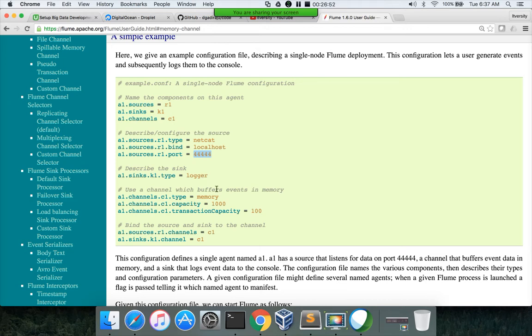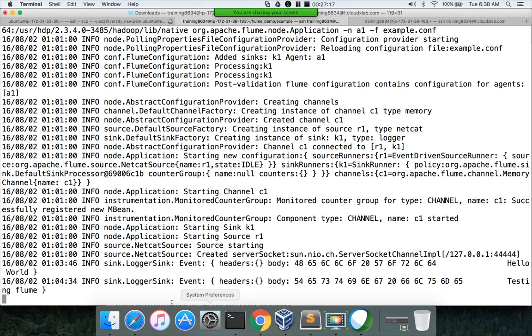As we are using the NC command, the netcat command, the logger will go to the web service which this Flume agent has started. So netcat is the web service which the Flume agent started, and logger will push the data to the same thing. That's why we are getting data back to here.